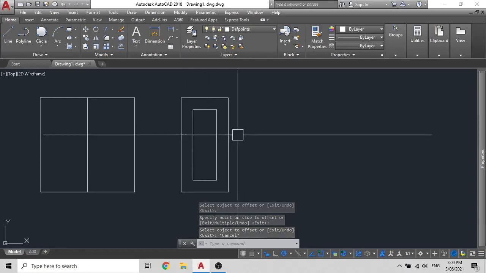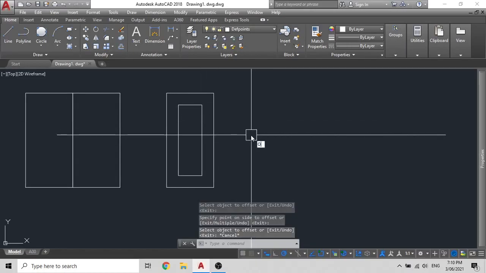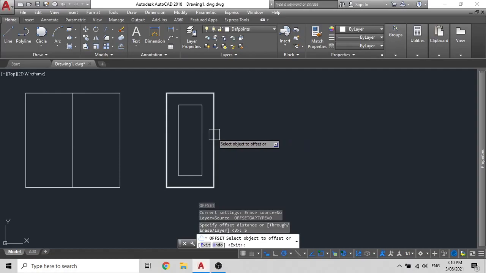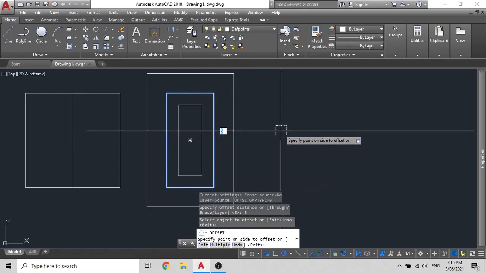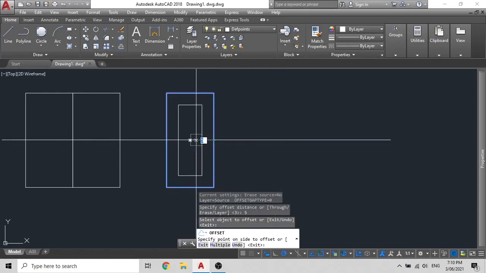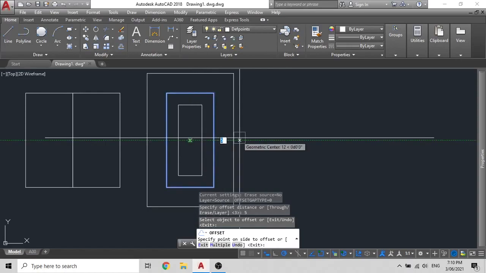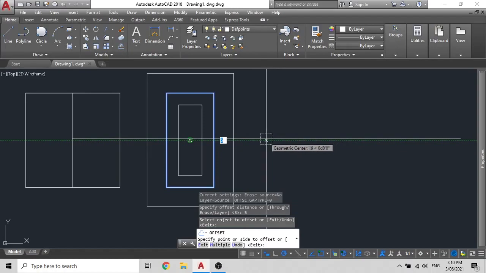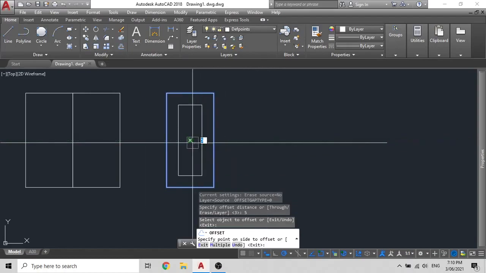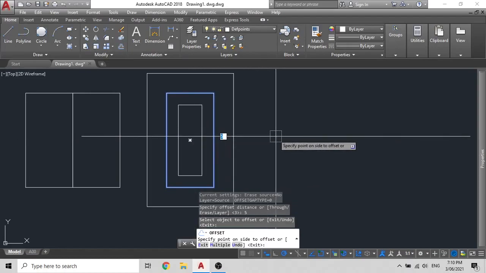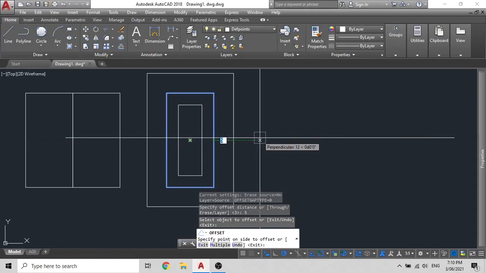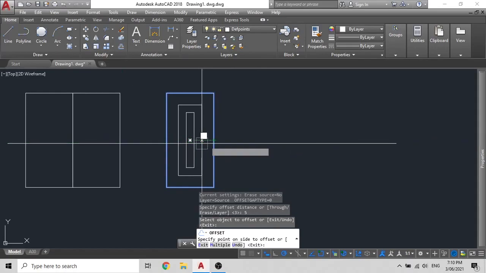Similarly, if you wish to use offset by command, type O for offset, press enter. Then you specify your distance. In this case, I can do a 5. And you can move it either 5 mm inside or outside. Remember, wherever the mouse is relative to this big box is where your offset will be done. So if you're trying to offset inside but pointing outside, then that's not going to happen. Outside, you have to drag it outside, and for inside, you have to keep it inside.